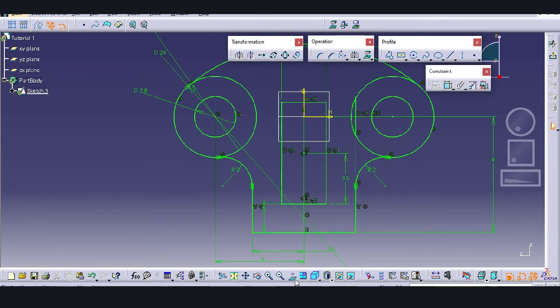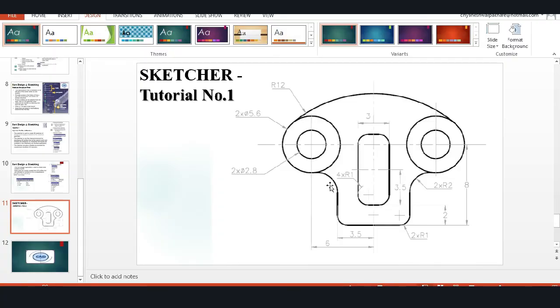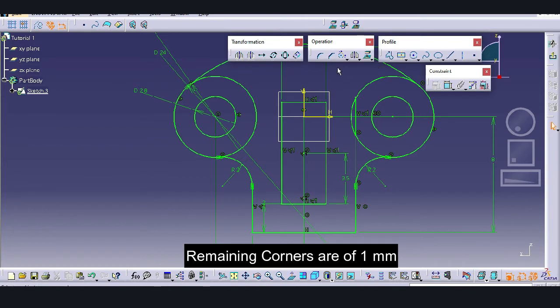Okay, so now the remaining chamfers, or we will see the corners. Radius of 1 mm at both sides, and inside also there will be 4 radii of 1 mm. So we will complete the corners with 1 mm.